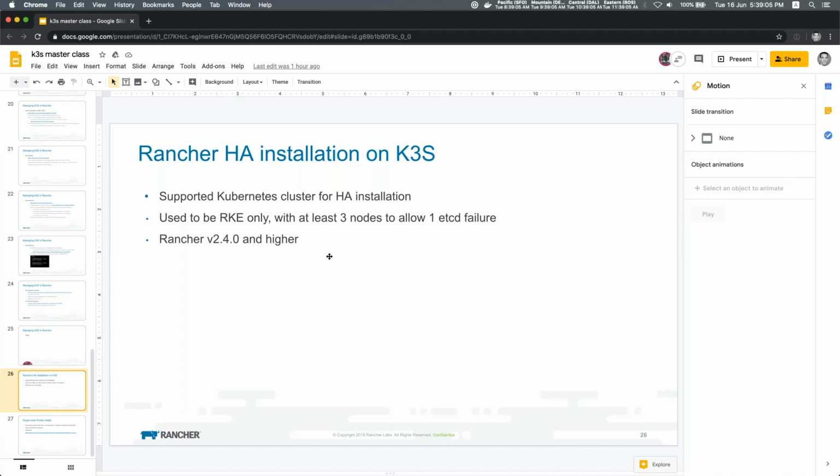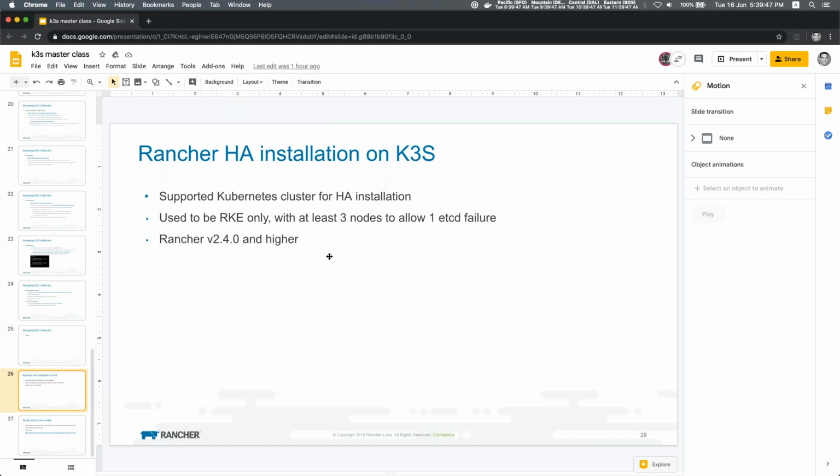The reason why I included this is obviously the relation between Rancher and K3s, but also it used to be RKE only, and that made us strongly recommend having 3 nodes because of the etcd quorum. RKE only works with creating etcd as a storage backend. It doesn't have the flexibility of K3s. So that means for etcd quorum with one etcd failure, you will need 3 nodes. You can read up on that if you don't know it, but that's why we strongly advise having 3 nodes. So now you have K3s as an option to run Rancher HA